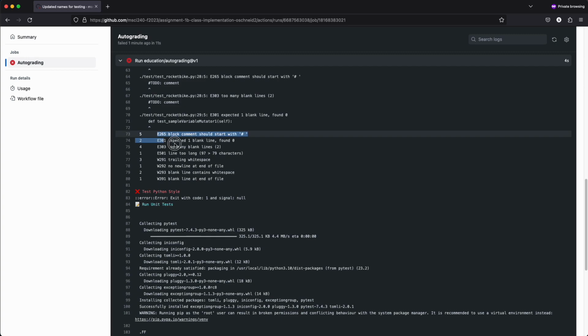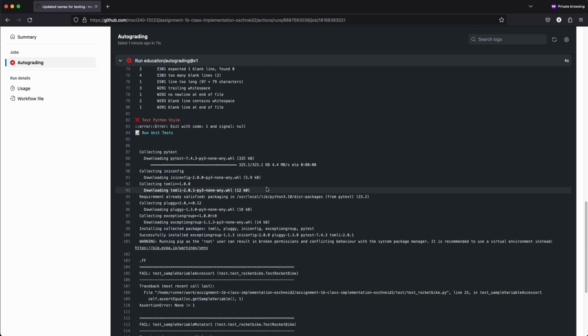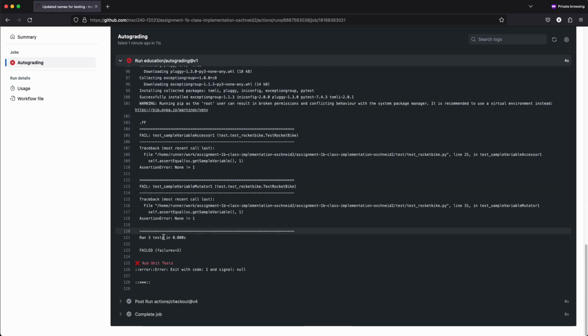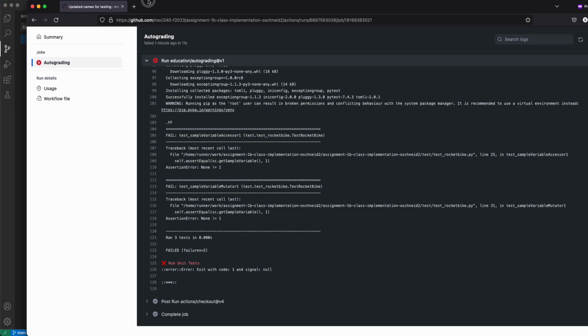So these kind of summarize the issues. These are pretty low level. I'd still try and fix these, and you could do sort of new lines to break that up. And you can see here, it actually runs 3 tests, there are 2 failures, and 1 is an error. Okay, so that's good. So let's bring it back